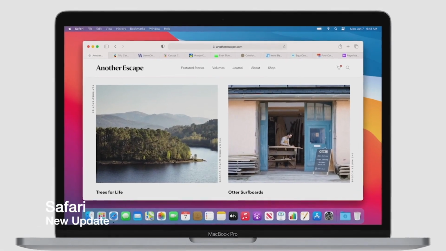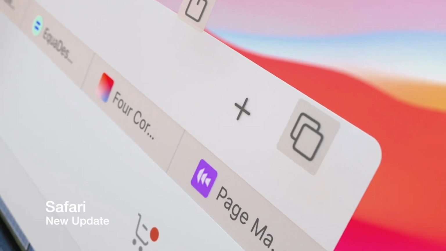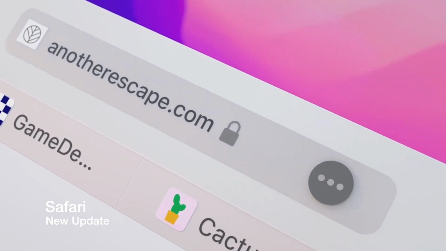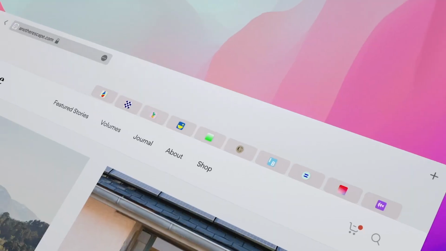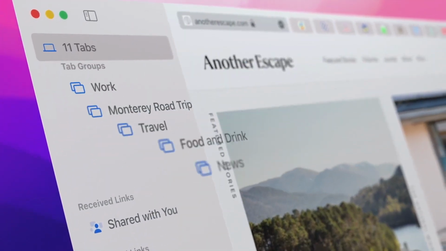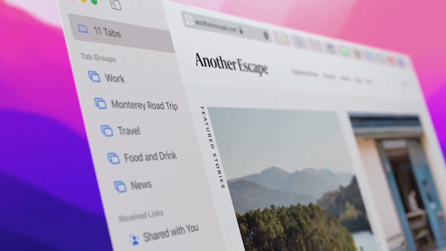We think using the browser should feel natural and uncluttered. So we've reimagined the browsing experience. We distilled the toolbar to its essential elements. Tabs are more compact, modern, and lightweight. And there's a completely new way to use tabs with tab groups. They allow you to easily save and manage your tabs without cluttering up your